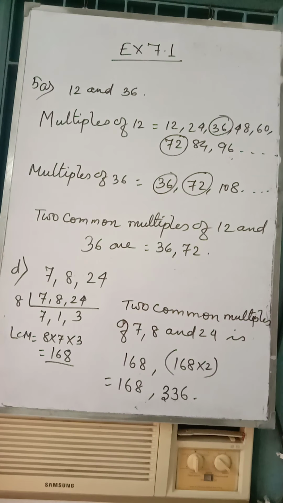336. So either you find the least common multiple of all the numbers and then multiply with 2, 3, 4, 5, whatever they say, or you find the separate multiples and get it. It's up to you what you are going to use. I have no problem if you use the first or the last. Both the options are taught. Why is this option number 2 taught? Because already you have learned how to get the LCM in class 4. So you can find it, is it? There is no confusion, no doubts, I should think.